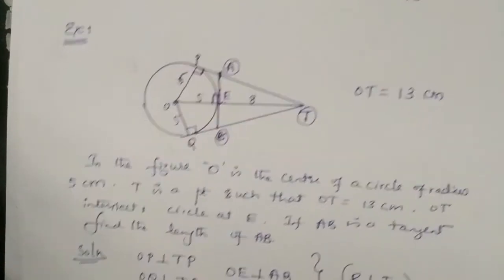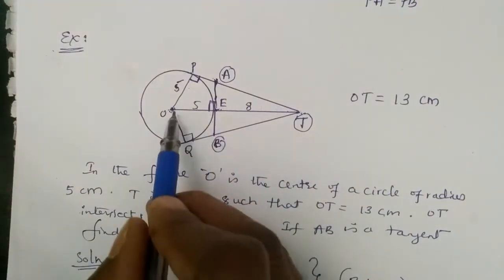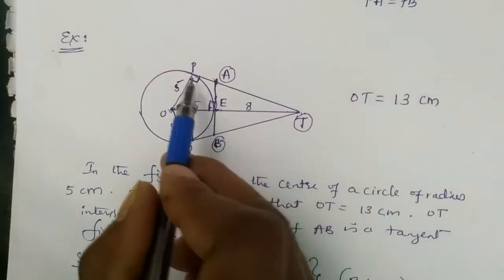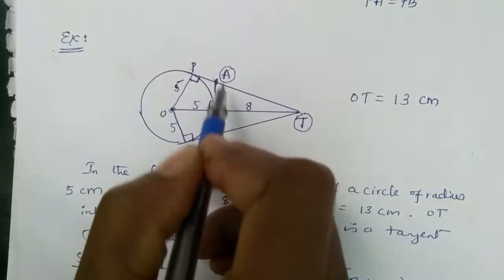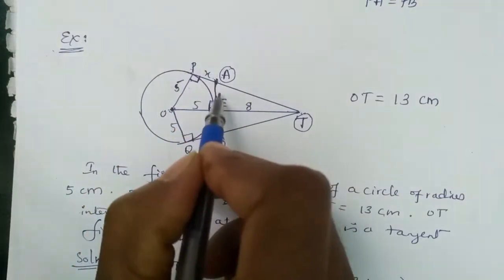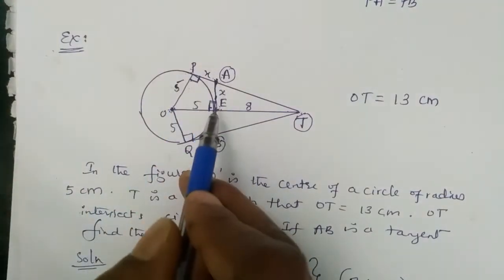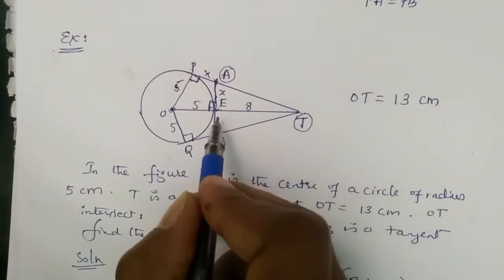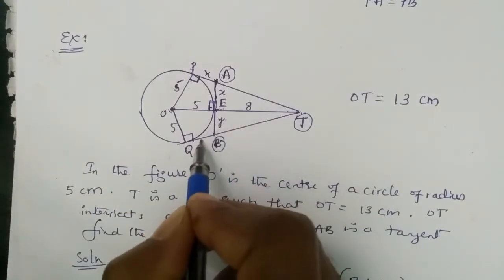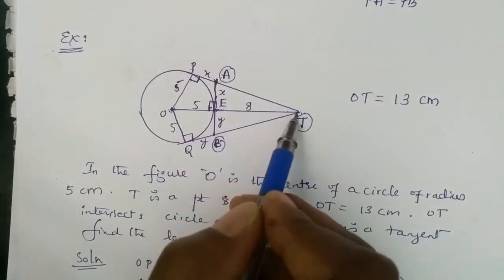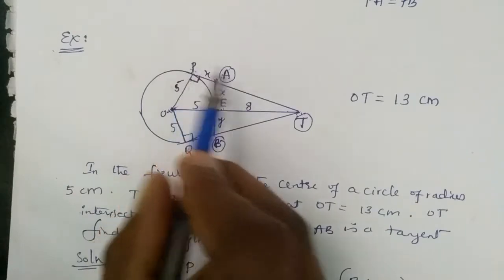That is only by taking the right angle triangle. Let us consider the right angle triangle. Before that, we know that this is perpendicular, and even here also perpendicular. So AP length, AE length, we know that. So better we mark AP length and AE length. Now we mark this as X, then AE also becomes X. So AP equals X, and AE also X. Similarly, when we come here, BQ and BE are also the same. We mark this as Y. And OT length is 13, OP length is 5, then what is the length of TP?